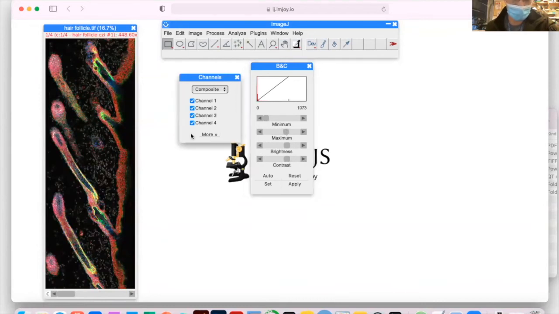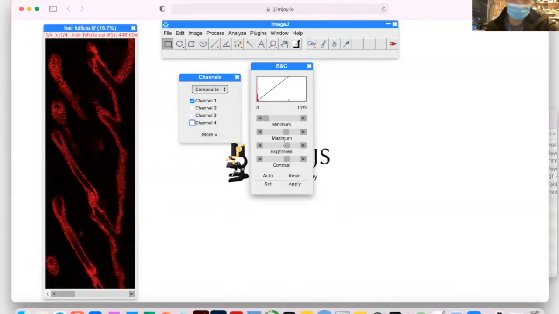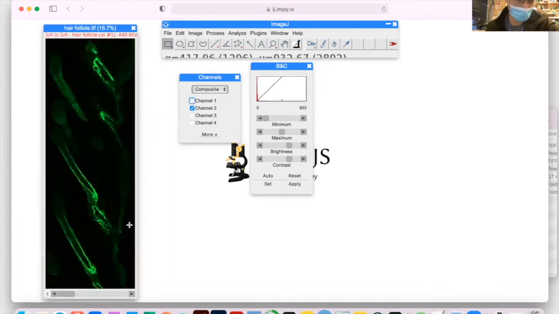And so if you want to see it clearer, you can just turn off the other channels, and then you can do the same thing. You can adjust it here. So now let's try to do it in a different channel, let's say the green one. And so I have to move again the channel here, and now you're at the green one. If you want to make it brighter again, just move the maximum down.